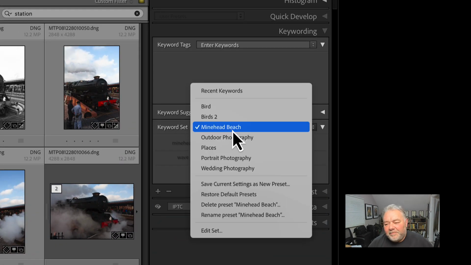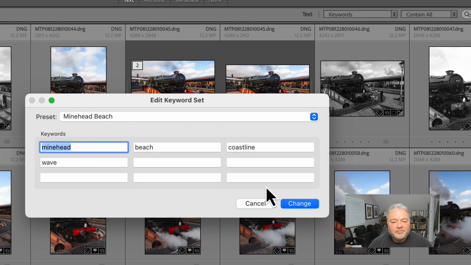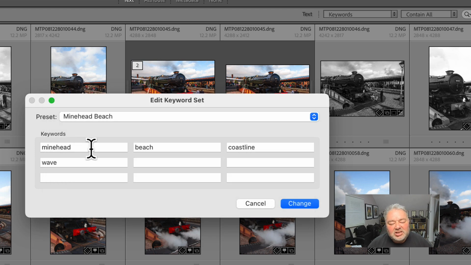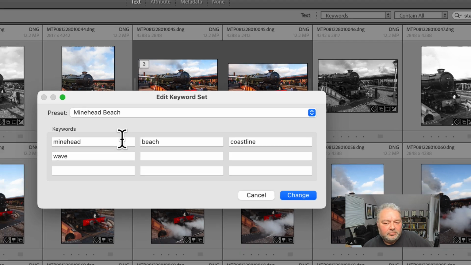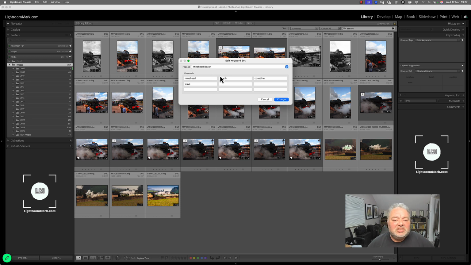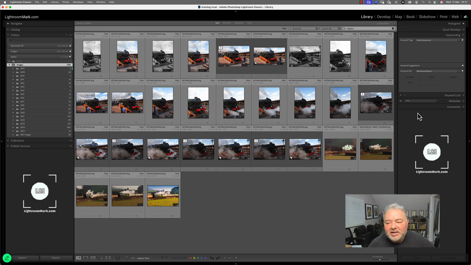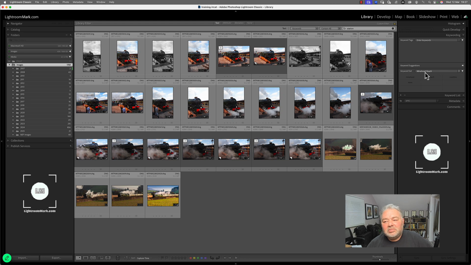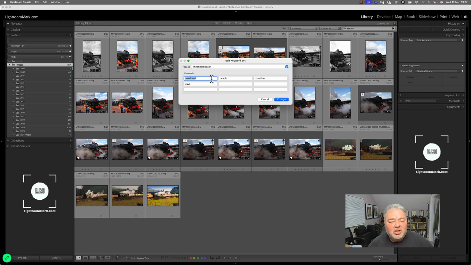And what's a keyword set? So I'm just going to edit one set, and how you can save current as a new preset. So these are presets, and what I now use them for is I want to apply keywords that I regularly apply to an image, okay, to a narrative. So this is 9 keywords that can be in any list, anywhere I like, and I'm bringing them together in a small 9 section